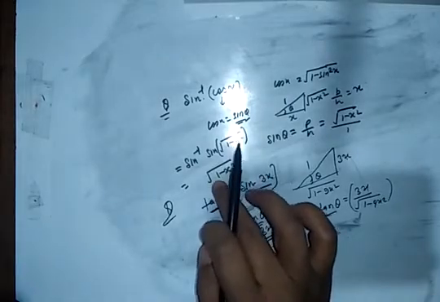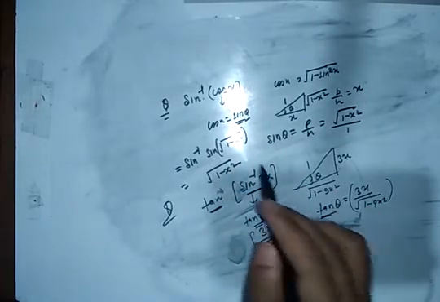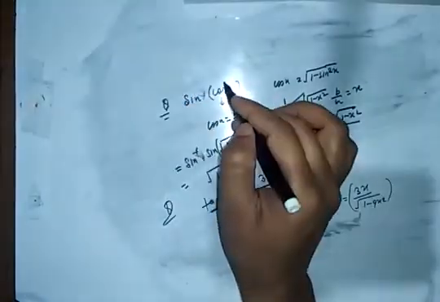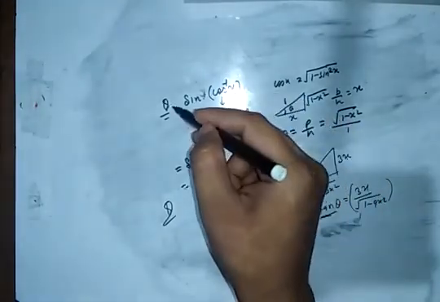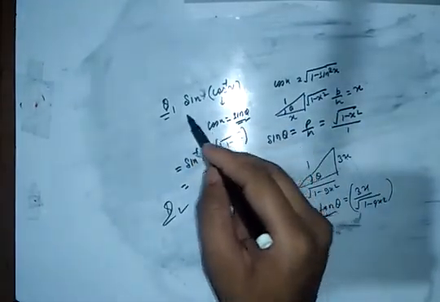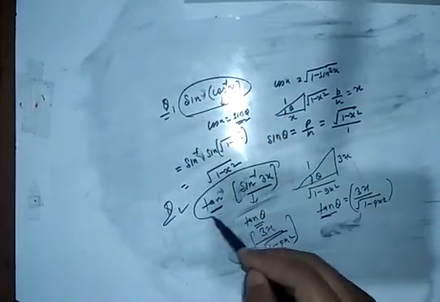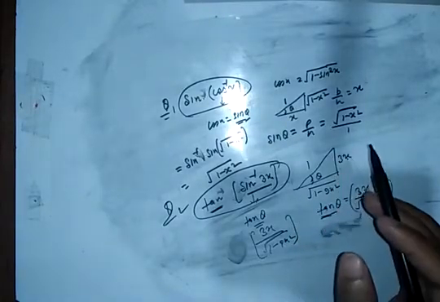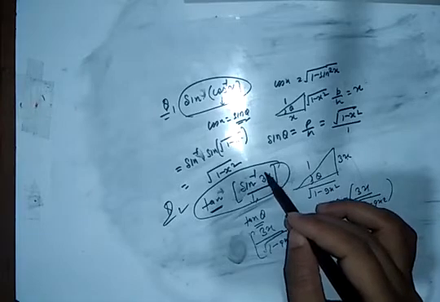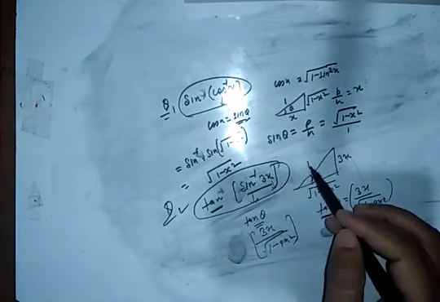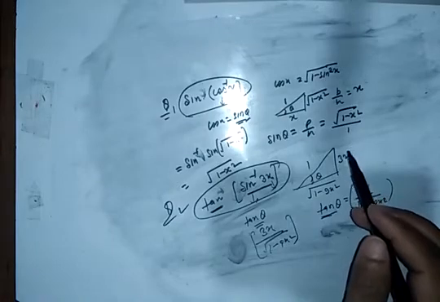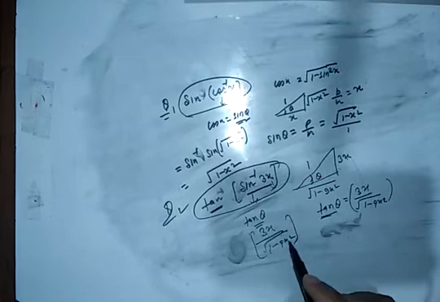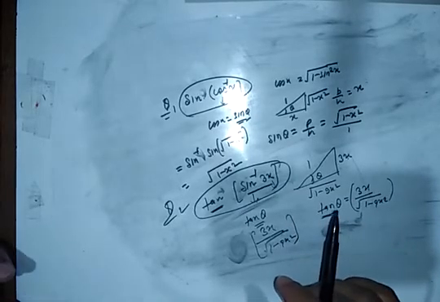Whether you are asked tan of sine inverse 3x, similarly this can be removed, you will use it. So this is another function, these are questions one and two. You can solve these functions. This is the same approach, but you have to take care about when this function is defined. So you have to remember the criteria, that is the principal value of the given functions. Okay. So this is nothing but the inverse of the functions.